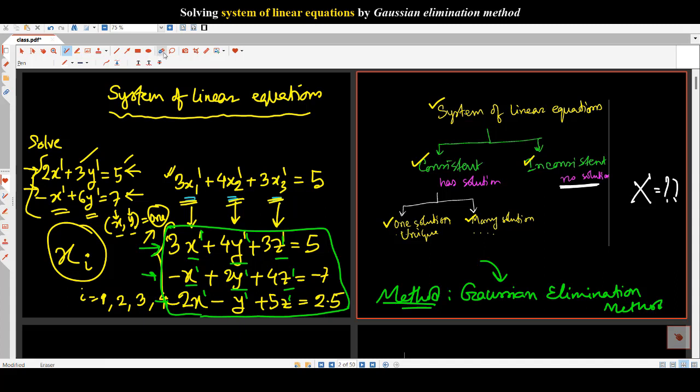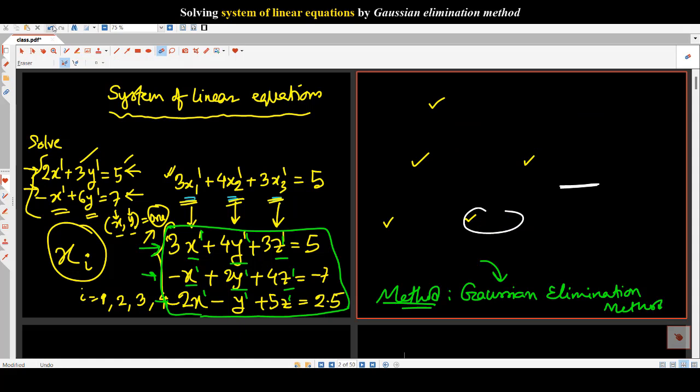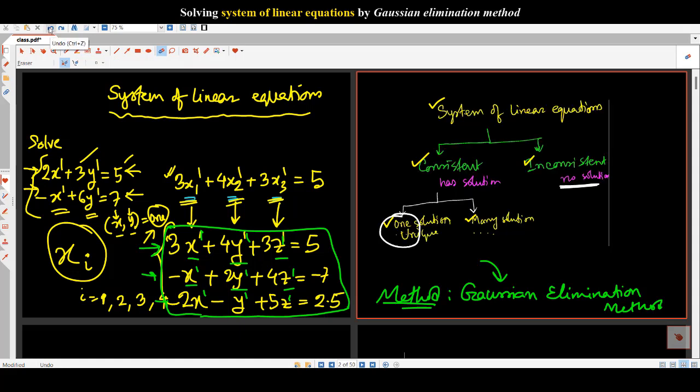So in that case, that system is known as inconsistent system. A system is known as consistent if it has solution. Solution can be one solution or unique solution. Solution can be many solutions. So from the last class, you know that I have already mentioned what are the conditions of having one solution,